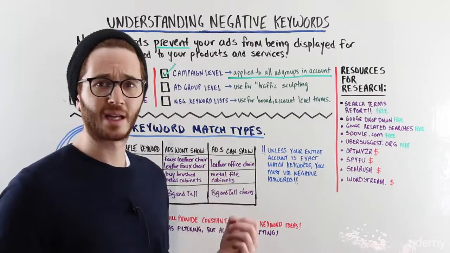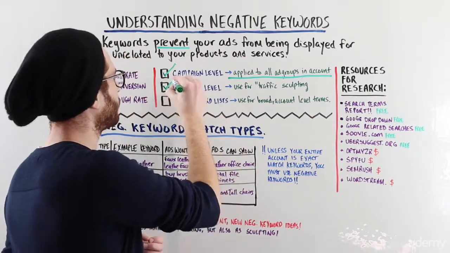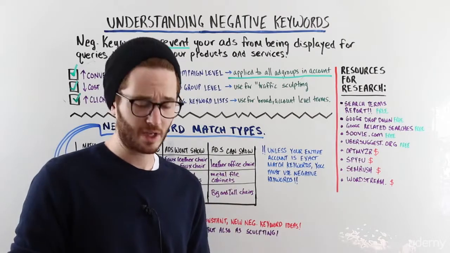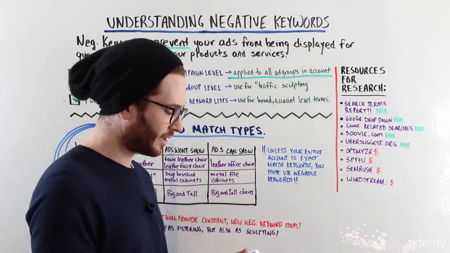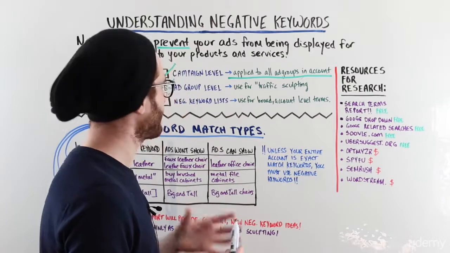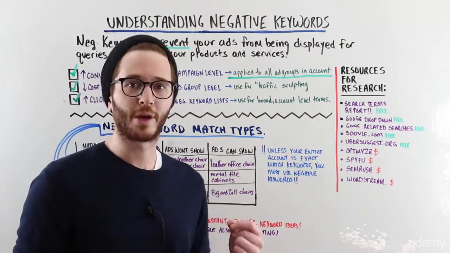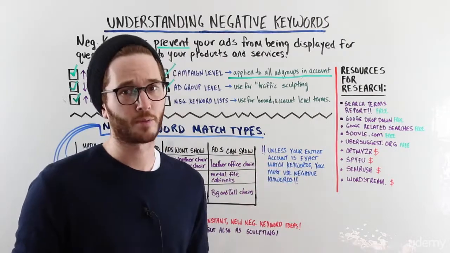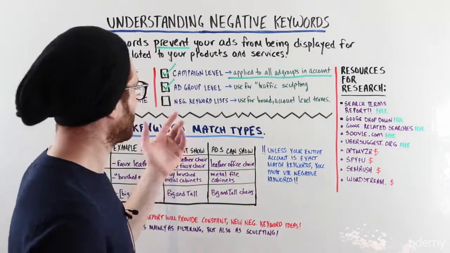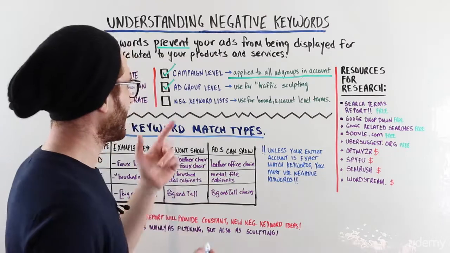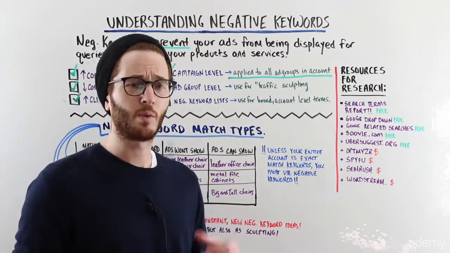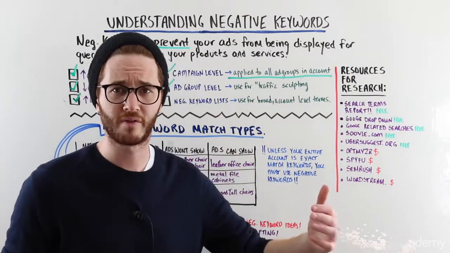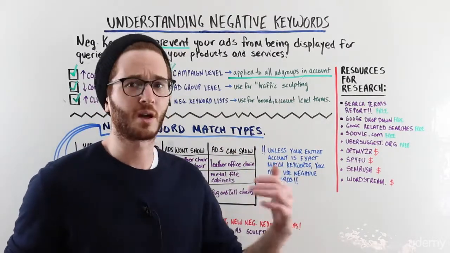The next type of negative keyword we have is what we call ad group level. An ad group level negative keyword is similar to a campaign level negative keyword, but it only applies to the ads in that ad group. It only applies to the keywords in that ad group. So what would be an example of an ad group level negative keyword? We wouldn't use plastic for an ad group level, because plastic is going to apply to all of the ad groups in that campaign,